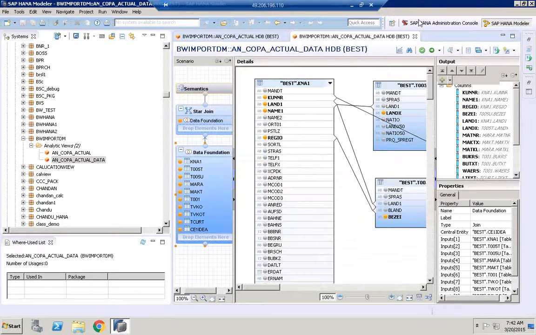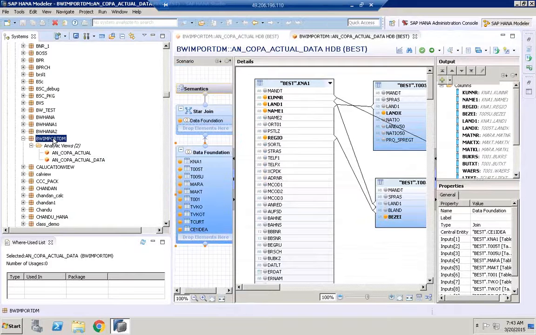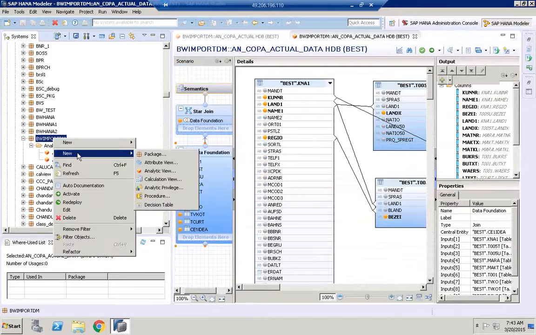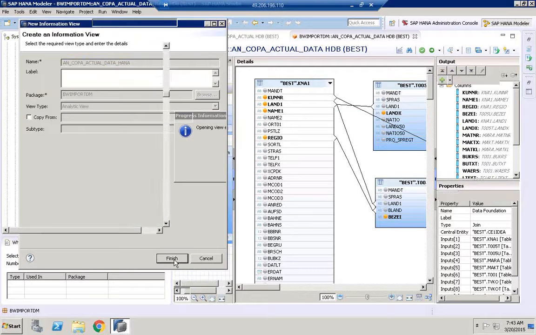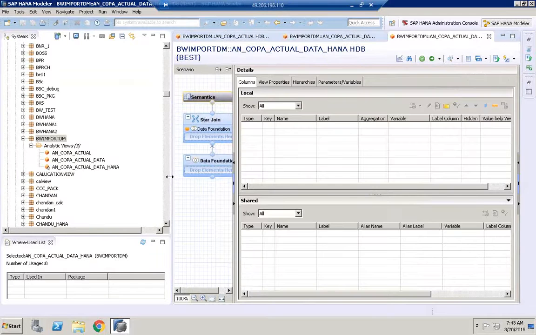So now I'm going to right click on the package, click new, click on the analytic view, give the name underscore copa underscore actual underscore data underscore HANA. Provide the description. View type is an analytic view. Click finish. Now once we finish,